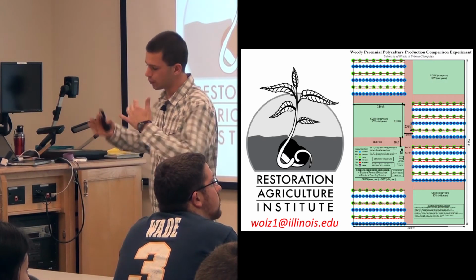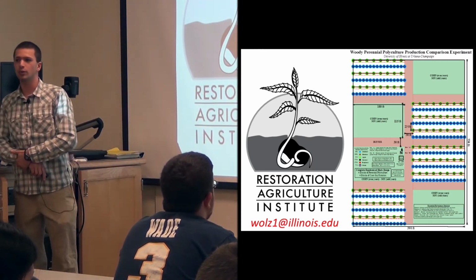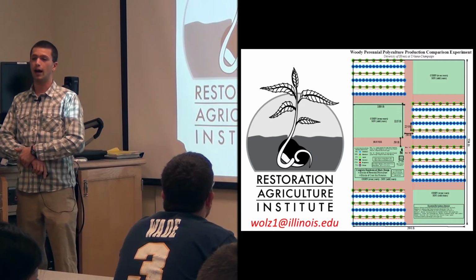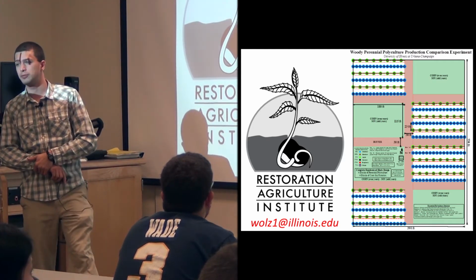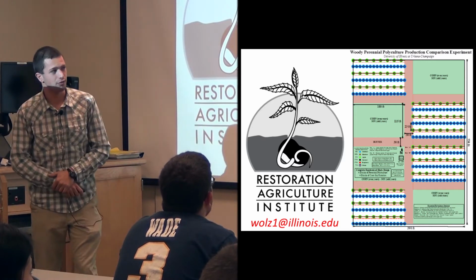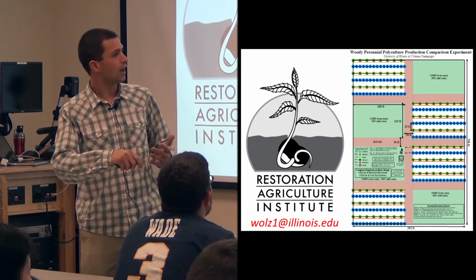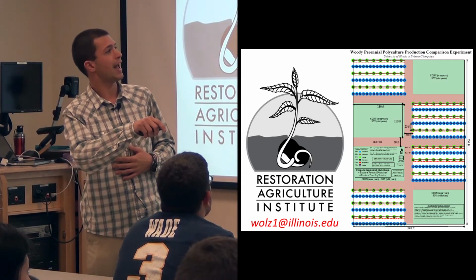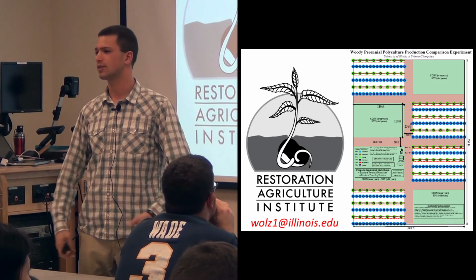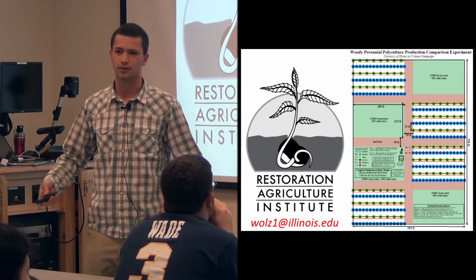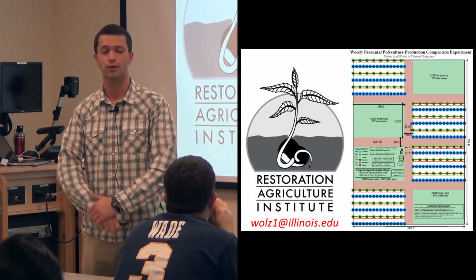And then one of those projects that we're collaborating on and that I'm involved with here at the University of Illinois is a new research site that went in the day after finals in May. There were 3,200 trees planted, and this is kind of a schematic of what we have out there. It's a 5-acre research site, and the text isn't important, but we have the green blocks here. We have 4 blocks of just a corn soy rotation. It's kind of our control that we know a lot about. It's the traditional ag system. It's our current approach to maximizing an ecosystem function.